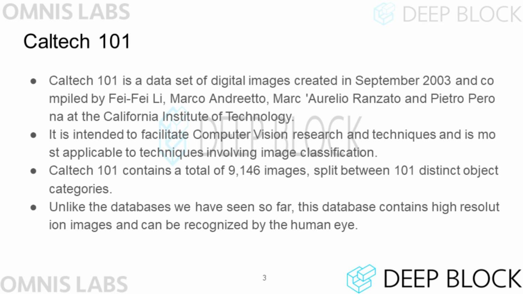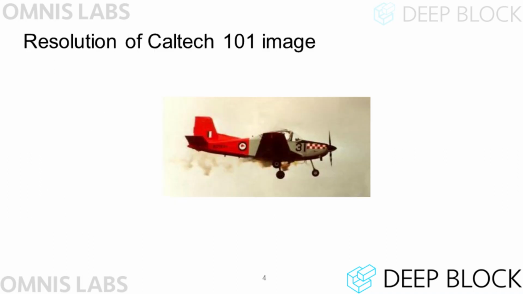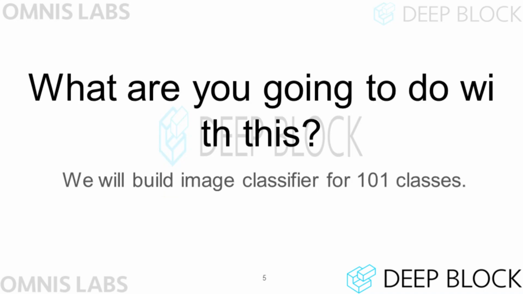Like CIFAR-10, one image belongs to only one class, and the AI we will be implementing today is also a multi-class single-label classifier like the CIFAR-10 classifier. The original resolution of the Caltech 101 image is the same as what you see on the screen, and it is a size that can be easily recognized by the human eye. In this lecture, we will train a neural network based on the Caltech 101 dataset and classify which image belongs to which class out of 101 classes using the trained neural network.